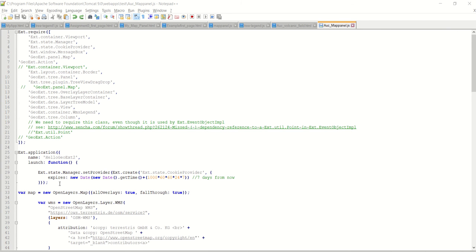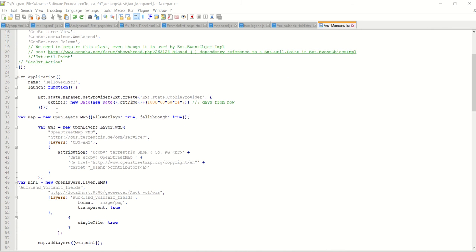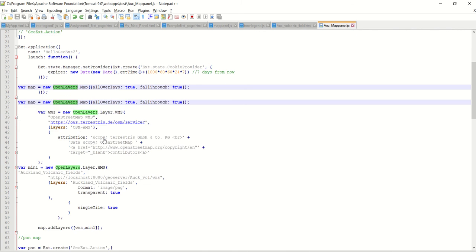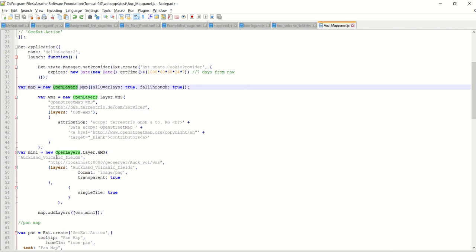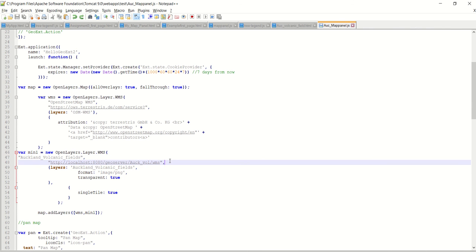Below that we have provided the name and the layout, and below that we can see we have accessed OpenLayers here, and below that we have accessed the volcanic fields that we have published on the GeoServer. So through this we are accessing the GeoServer data. Likewise we can add many layers below this. Using the add layers, we have added both the layers.